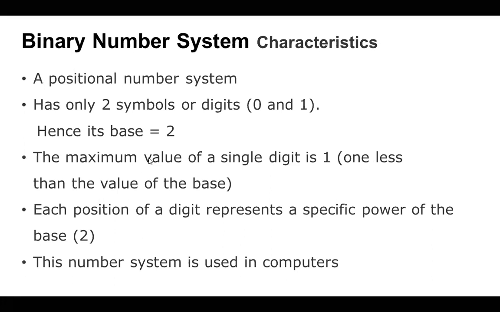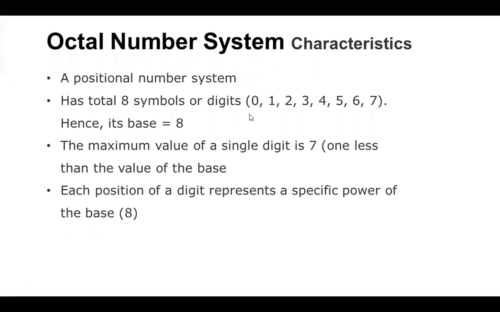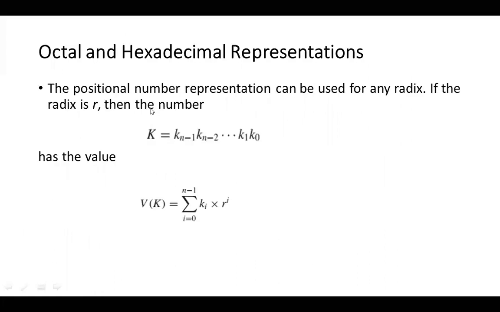Now in the binary number system, the maximum value of a single digit is 1, which is 1 less than the value of the base. This binary number system is generally used in computers. Next is the octal number system, 0 to 7, again 1 less, so the base will be 8. How will you represent it in mathematical notation? i is equal to 0 to n minus 1. If this is the number, it is ki into r to the power of i. Now this k represents the number. Say, let me take the number as